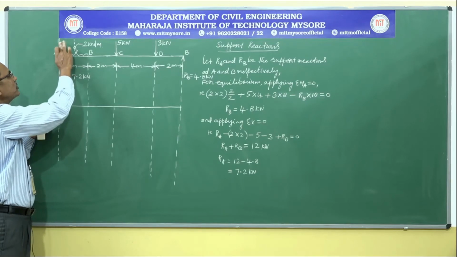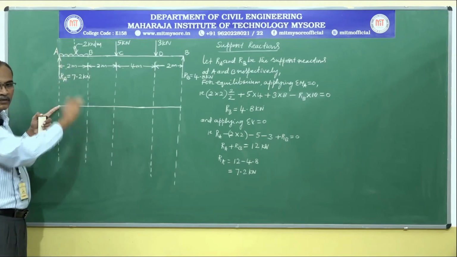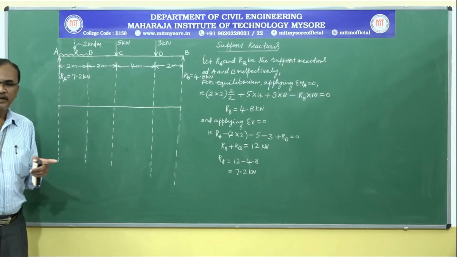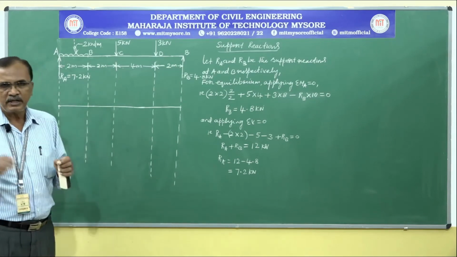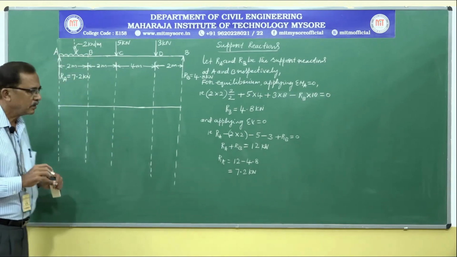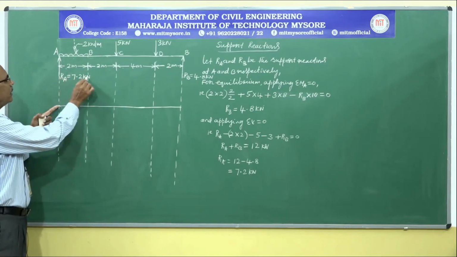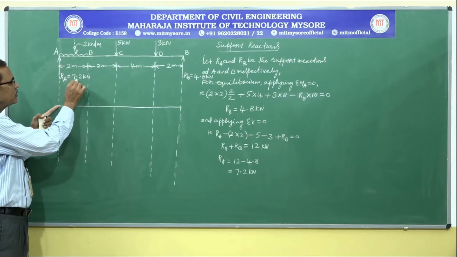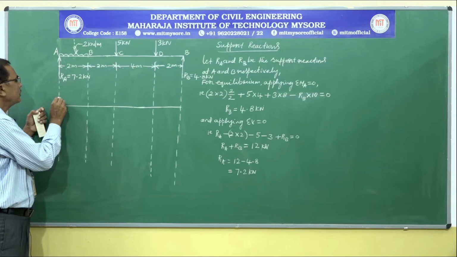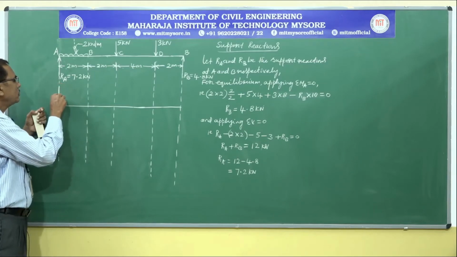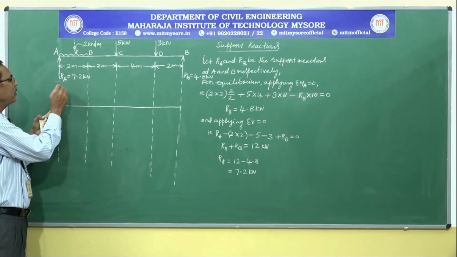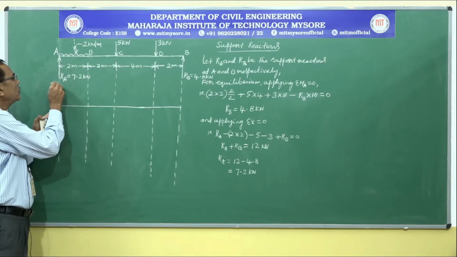By making use of the principle of transmissibility that we already studied, you can produce the line of action of a force in the forward or backward direction, placed at a convenient point without changing its direction, line of action and magnitude. Even then the beam will be in equilibrium. Now, RA acting in the upward direction, the magnitude is 7.2 kilonewton. Let us go up to an extent of 7.2 kilonewton. As we know, the variation of shear force is a vertical line for a point load. We had gone up by 7.2 kilonewton, mark it as 7.2 kilonewton.